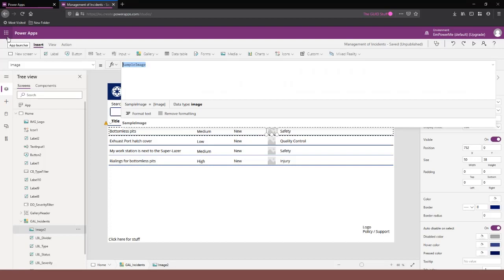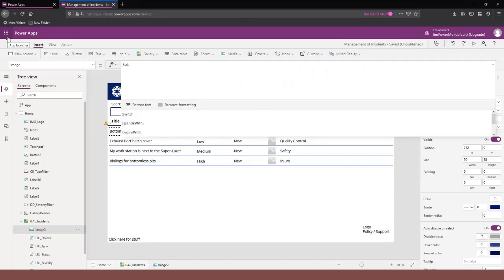Right, we're checking this item type, and so there is a function in Power Apps called switch, which is really handy. It is like a case statement if you are familiar with, I suppose, SQL. So we can say switch, and